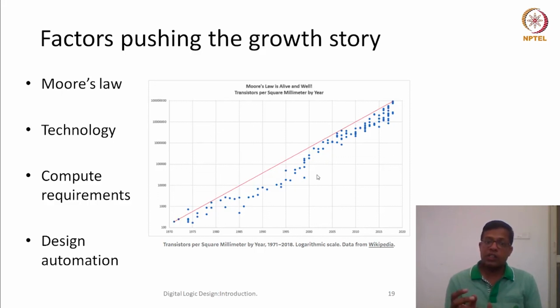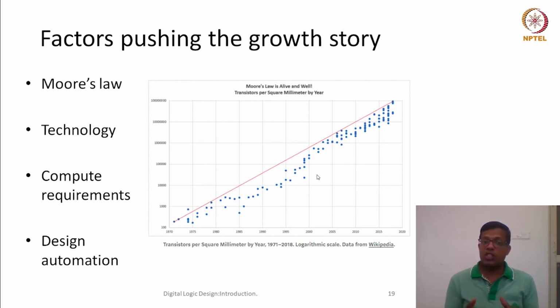You might have heard that now the latest chips are fabricated on 14 nanometer. Previously it used to be 28 to 22 nanometers. So every time they are shrinking by a newer, smaller technology. Because of that, more transistors can fit in, and the other side effect is that now we need to design a chip which would have billions of transistors, and that could happen because of design automation. Because of all these things, compute requirements keep on changing,